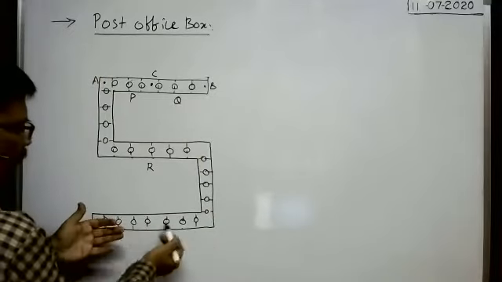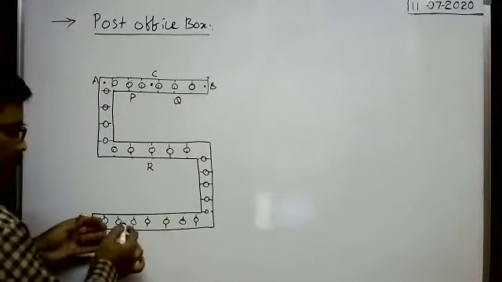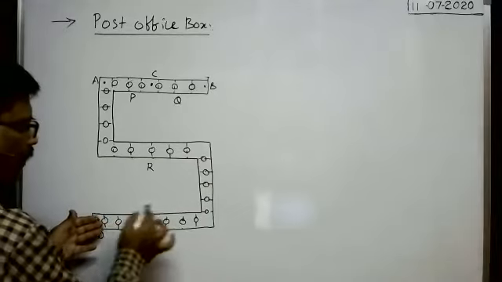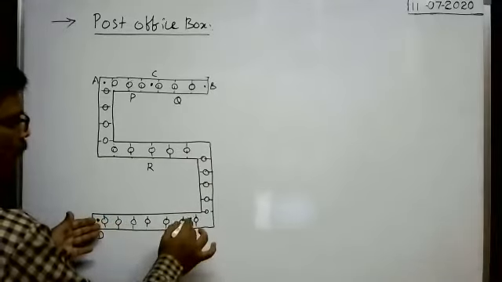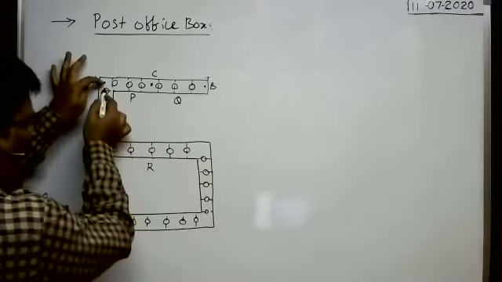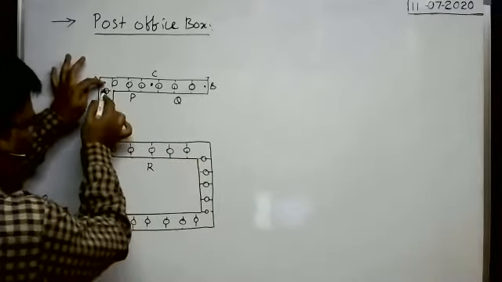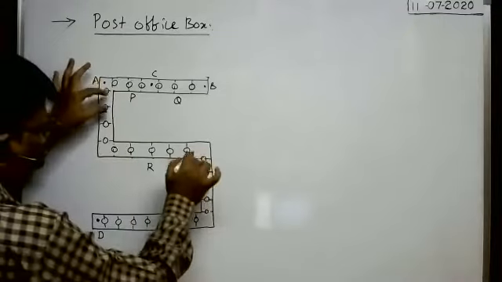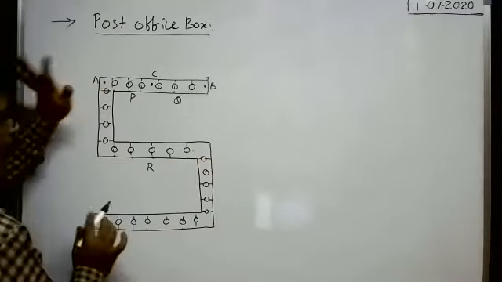Suppose the key is not there. These are electrically in contact. When the key is not there, these resistances are not included in the circuit. Suppose you put keys only up to this point, then whatever the resistance between all these slots up to this, that is only the effective resistance between A and D.